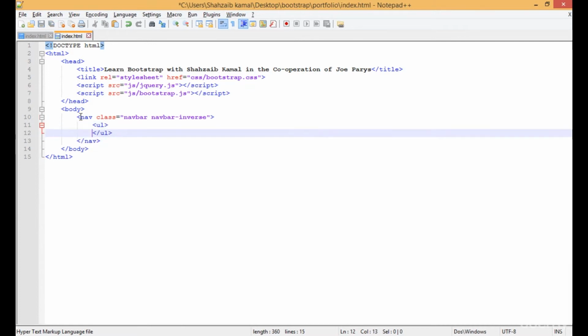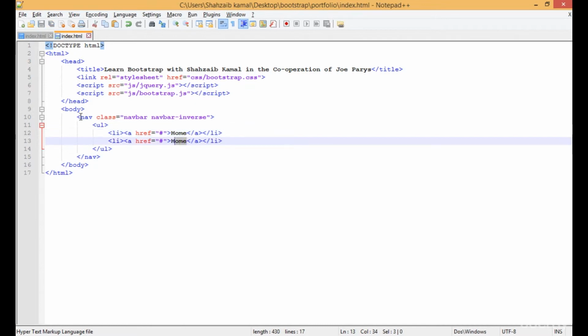And then here, let's type the li inside the UL. In the first li, I'm going to put the a and href, hyperreference, then the hashtag cover, and complete the a, and here Home. Duplicate that,